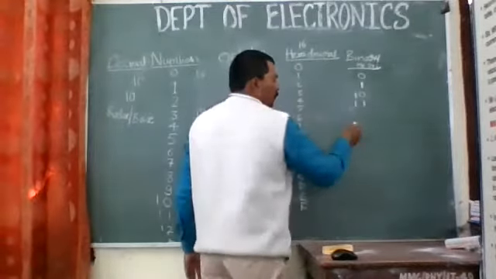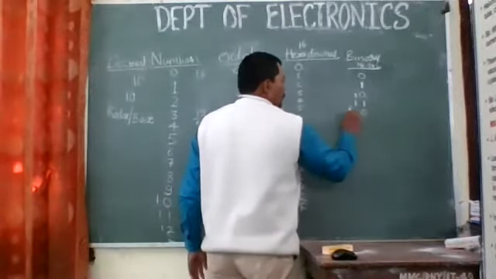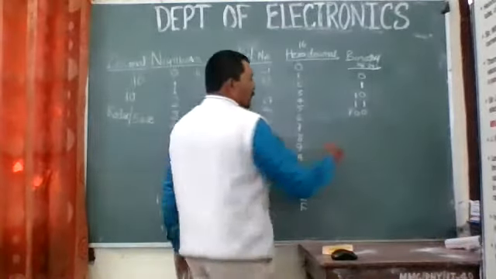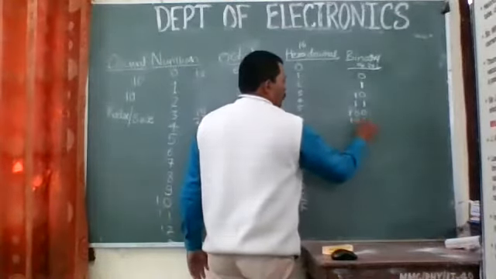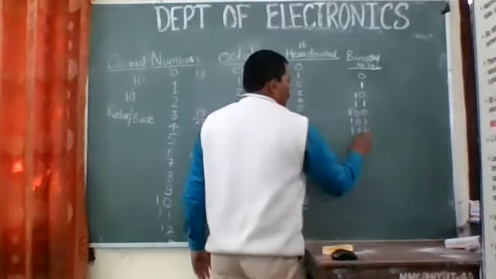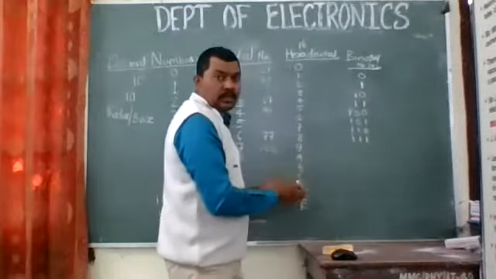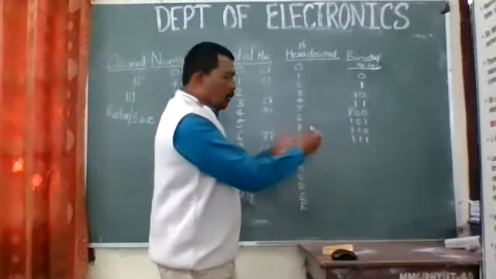When it overflows, we again get 0, 0 with a carry 1. So this whole step goes on repeating, right? So we can write here 1, 0, 1, 1, 1, 0, 1, 1, 1. And this is the third 3-bit number there.